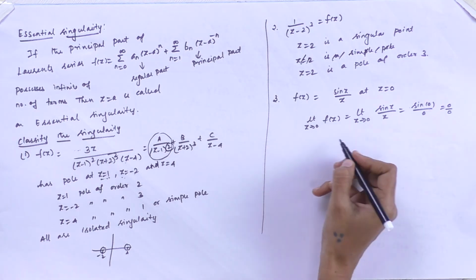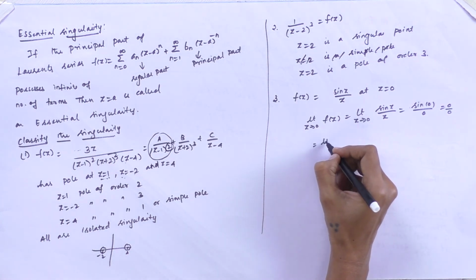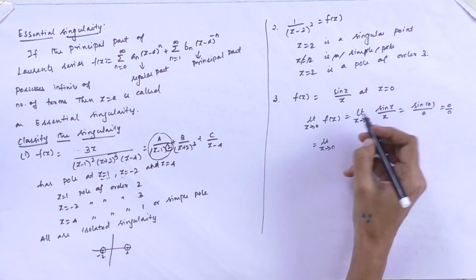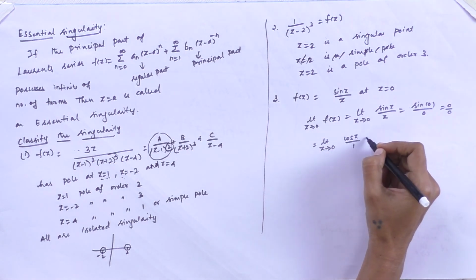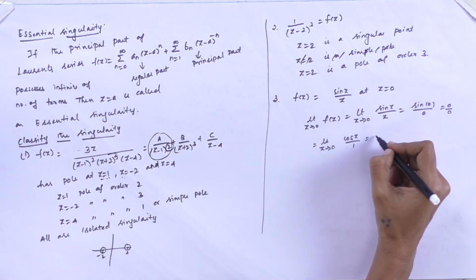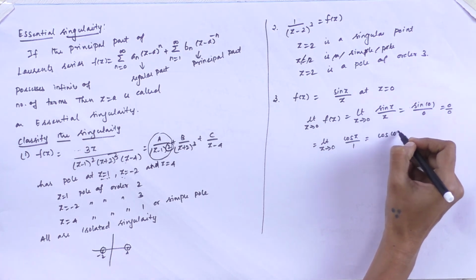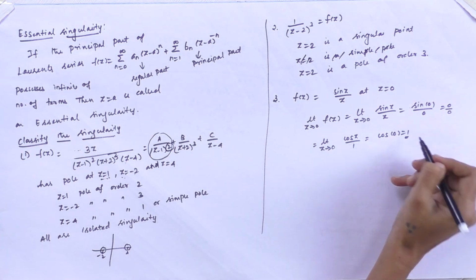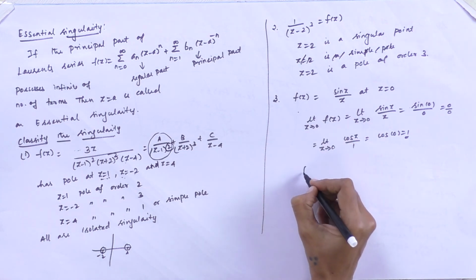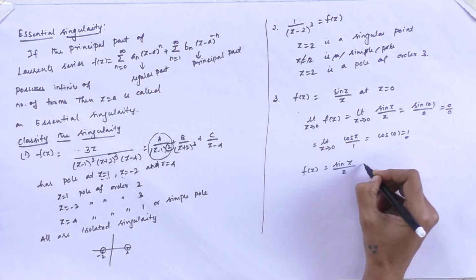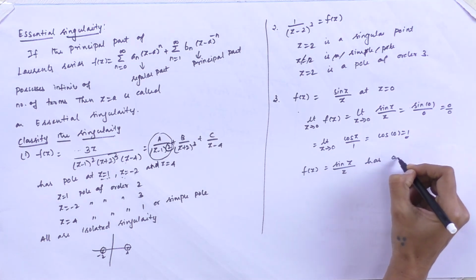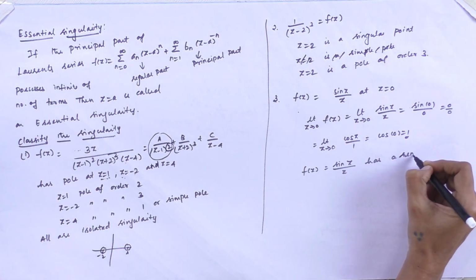By using L'Hopital's rule, the differentiation of the numerator is cos z, and of the denominator is 1. Now taking the limit, cos of 0 is 1. So the limit exists, therefore the given function f of z equal to sin z divided by z has a removable singularity,